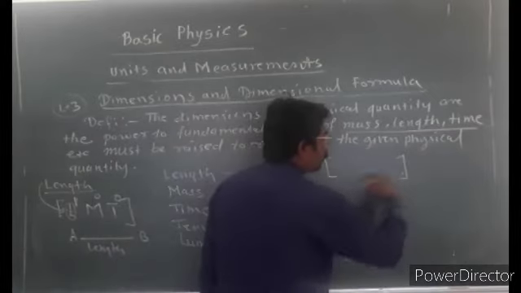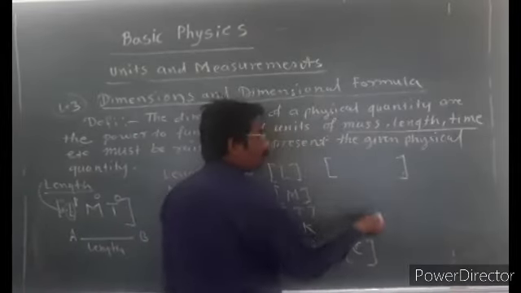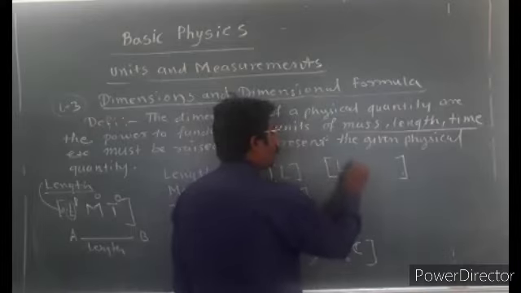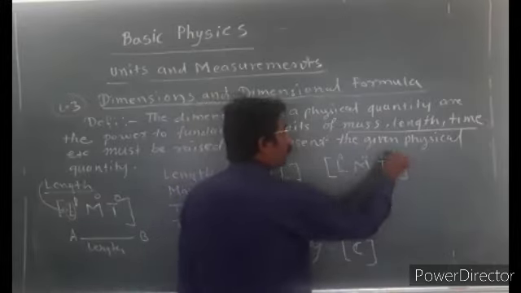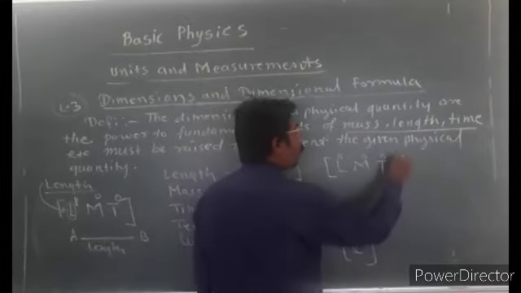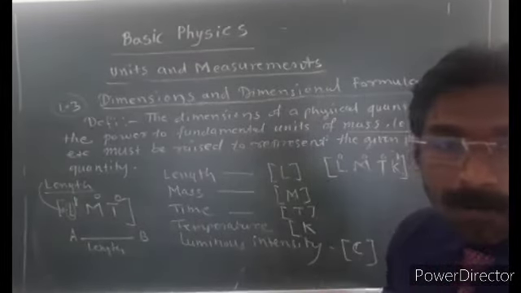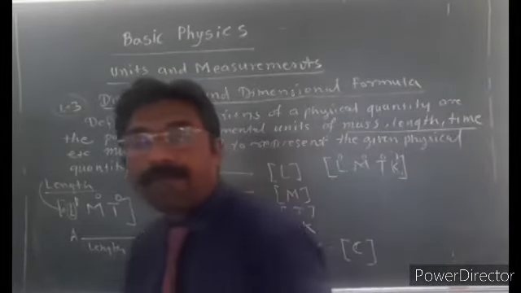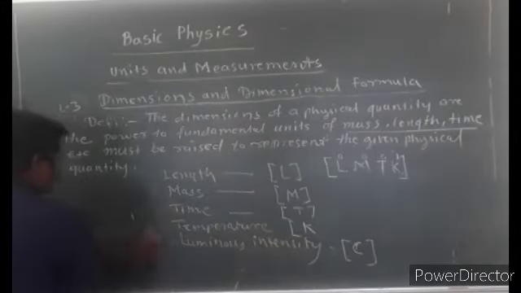If I know the temperature of some liquid, I would like to write that physical quantity in dimensional form. So I would write here L0, M0, T0, and K will be raised by 1, because I measure the temperature of that particular liquid. In this manner we have to write the dimensions of any physical quantity. Let's see one by one.